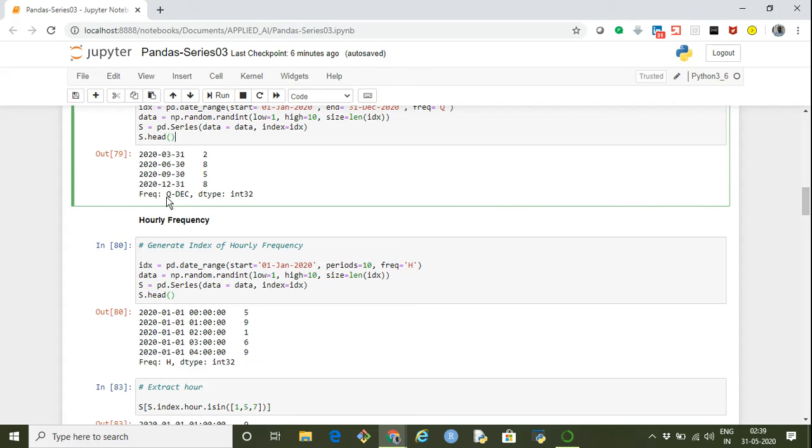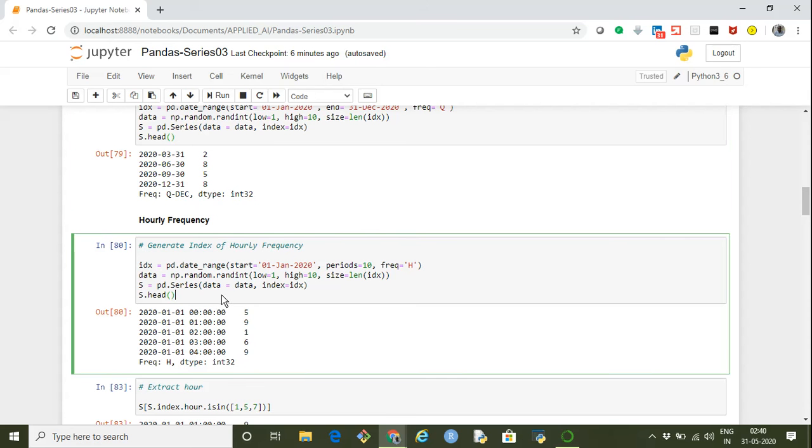Okay, and let's say we want to generate data using hourly frequency. Another way to specify this, if we don't want to specify the end, is we simply use period or date range, where start is the starting date, and we are saying 10 periods to be generated. Now, what should be the frequency of these 10 periods? We are specifying frequency as h, meaning hourly.